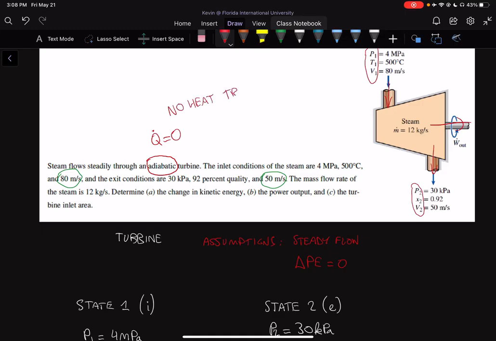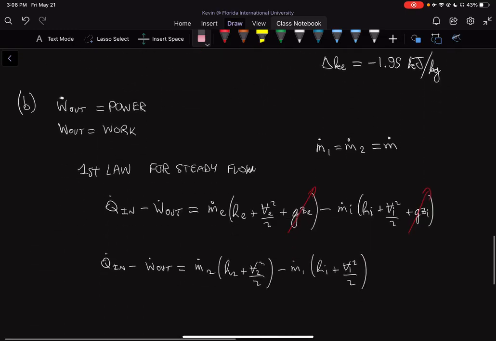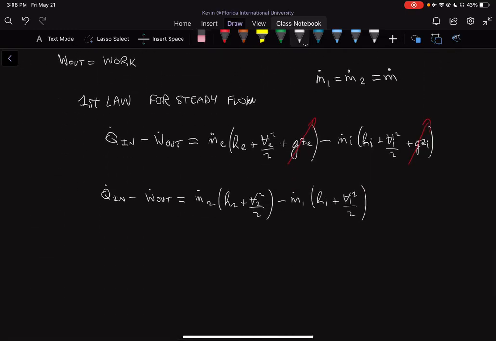It's fully isolated, essentially. There's no heat transfer in or out of the system. So essentially, if you had some heat loss, you would have a Q dot coming out. In this case, there is no Q dot coming out, so Q dot is equal to 0. That's what adiabatic means. So if Q dot is equal to 0, that means we can get rid of our Q dot in term. So our Q dot in term goes to 0, and so we're left with the equation that says